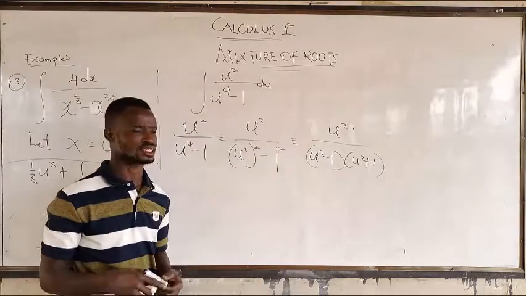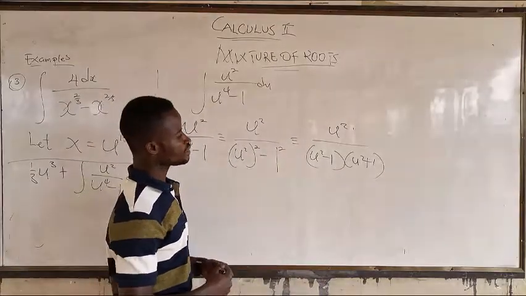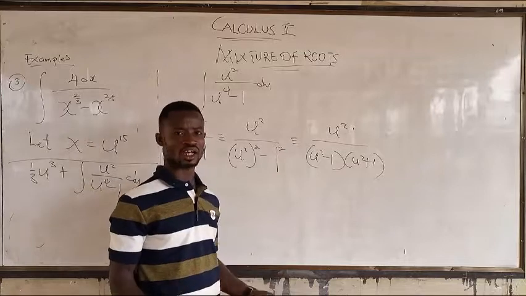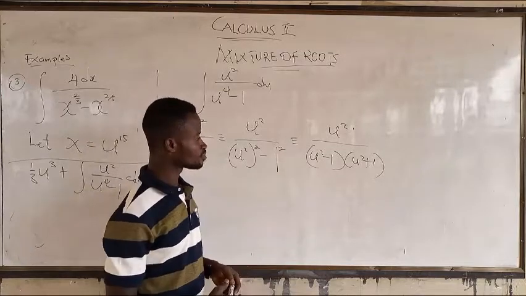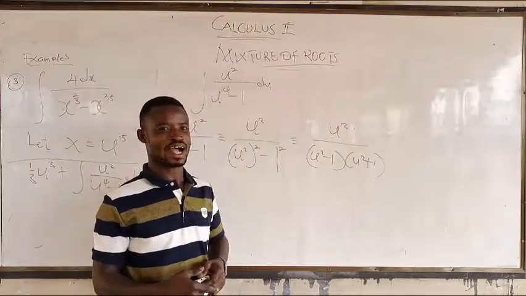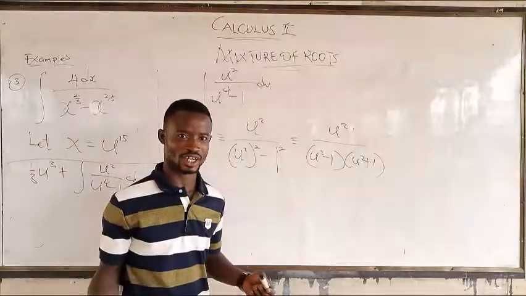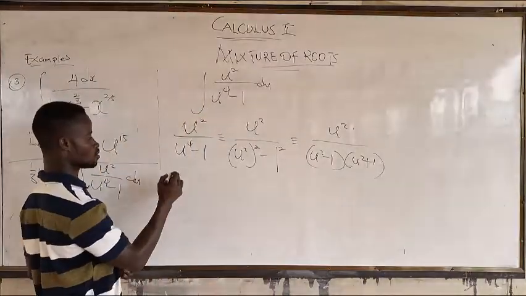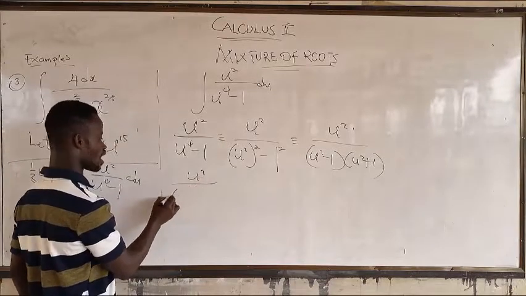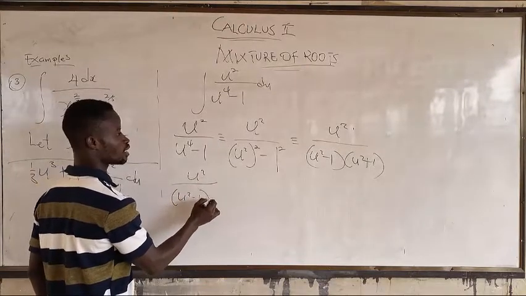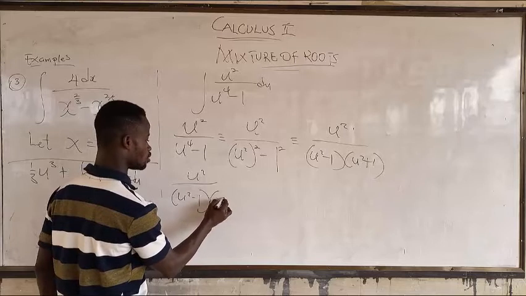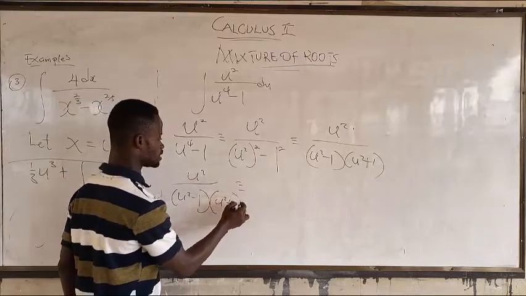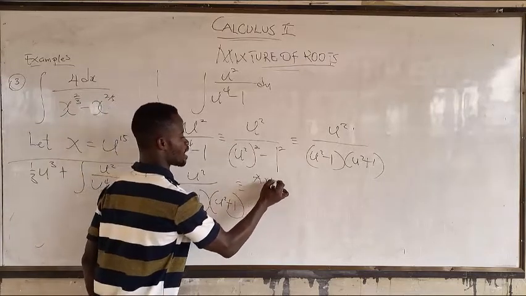Hope you can see that. Very good. And with this, we can go and find our partial fraction. So u square over u square minus 1, u square plus 1 is going to be identical to